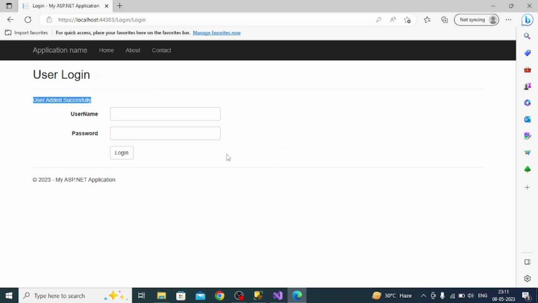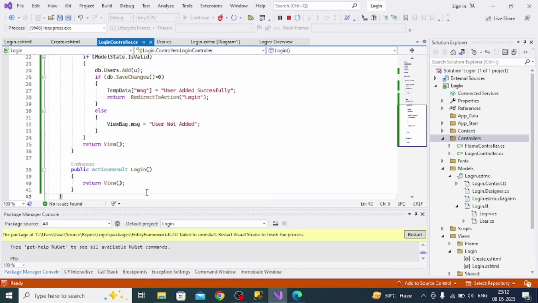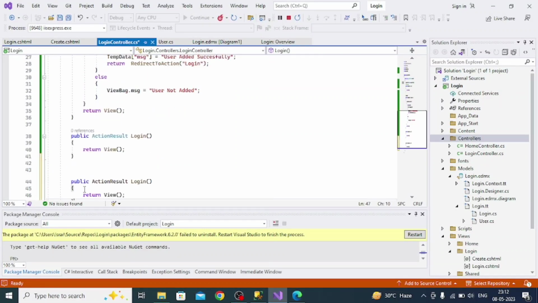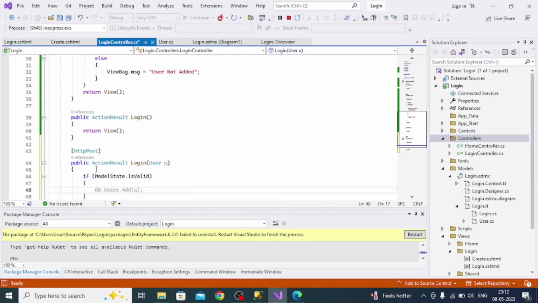For that we have to code in the login controller. So yes, we have to create a post method of login. For that we have to copy this and paste it. Then we have to take it as an HTTP post request, and for receiving it we have to take user view, and then inside this we have to take the condition if model state is valid,